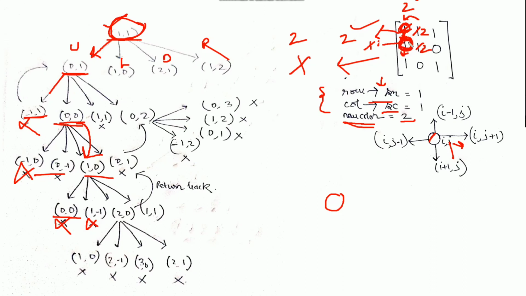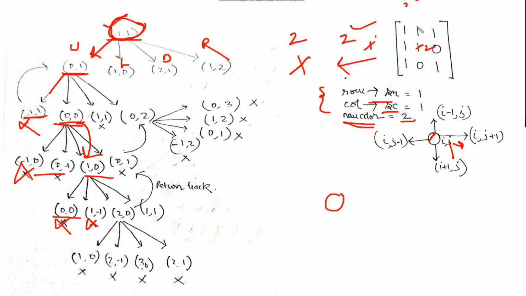From this location, again there are 4 possible choices: up, left, down, right. We can't move up because we have already visited this location. We can't move left because it's crossing the limit of the boundary. We can move in the downward direction because we are encountering our initial pixel value 1. So before moving downward, just change the value of the current location from 1 to 2, then move in the downward direction and start traversing in 4 different directions from that new location. So this is nothing but a DFS approach.